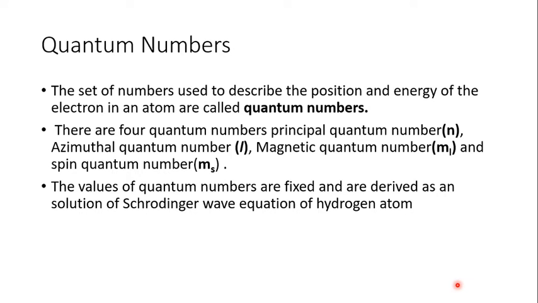So from the last 3 or 4 lectures, you must be knowing how important the Schrodinger wave equation is. From the Schrodinger wave equation, we get the solutions for the quantum numbers. From that, we come to know what quantum numbers are. We are now able to find the values of quantum numbers, and now we can imagine a very perfect model of an atom. Yes or no? So for this, the credit goes to the Schrodinger wave equation.